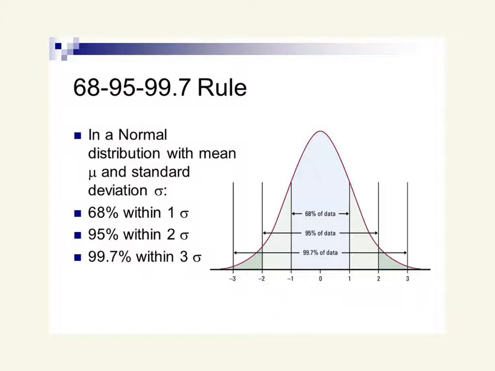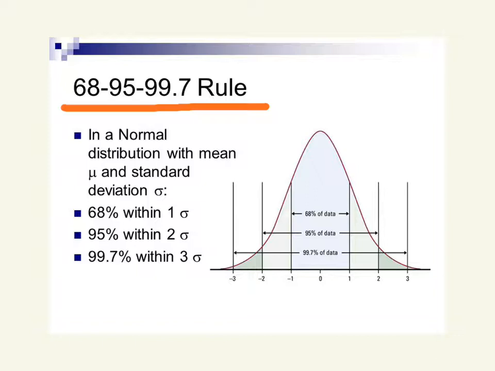What we're going to introduce you to next is what's known as the 68, 95, 99.7 rule. And this is something that holds true on any normal distribution, anything that's normally distributed. So what that means is all normal distributions have 68% of the data within 1 standard deviation of the mean, 95% of the data within 2 standard deviations of the mean, and 99.7% of the data within 3 standard deviations